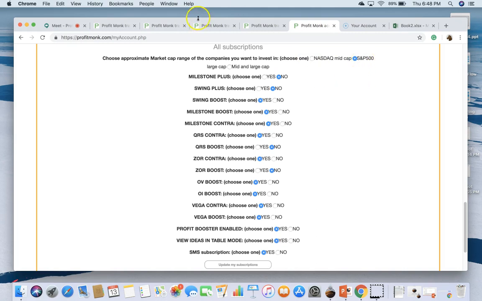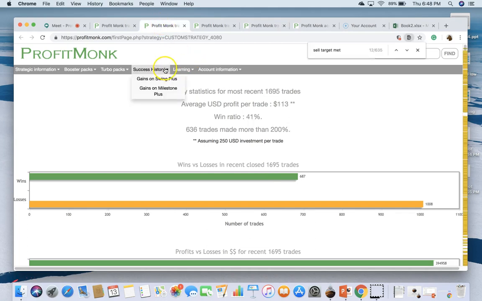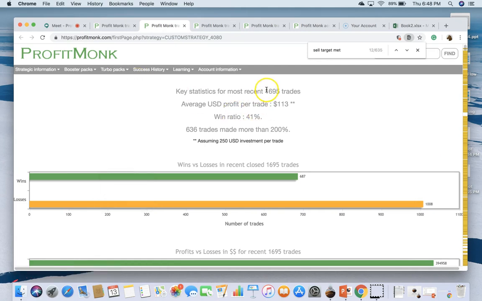So for these settings, this was the page we were looking at. For the My Strategy Turbo Pack, you see these results. Okay, and now I want to go a little deeper into this because I want to show you how I chose to remove those 4 out of 13 and not others, and then what else you could do to make this work